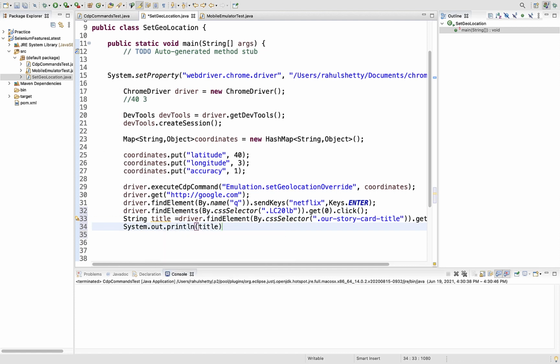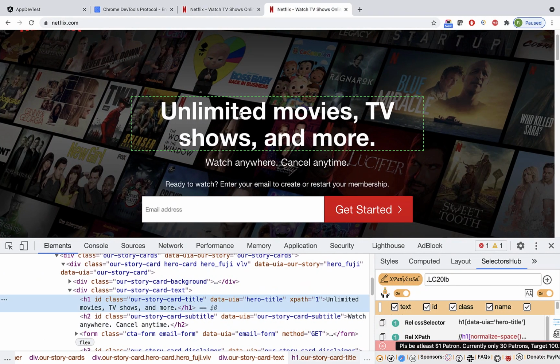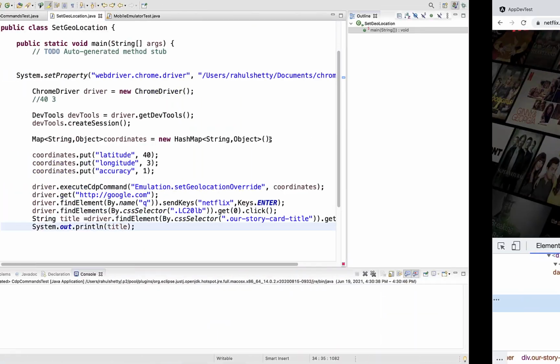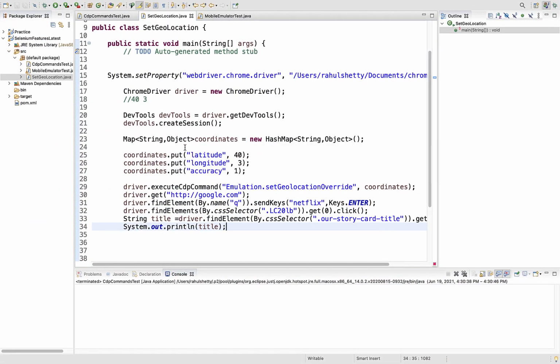So this title you will see in the output. Based upon the coordinates, you should see this title in different languages. That's our goal. First we are trying this from Spain, right? So when it prints in the output, we should not see something in English. Let's do that. I hope you understood.